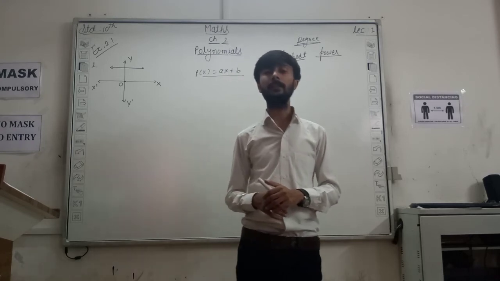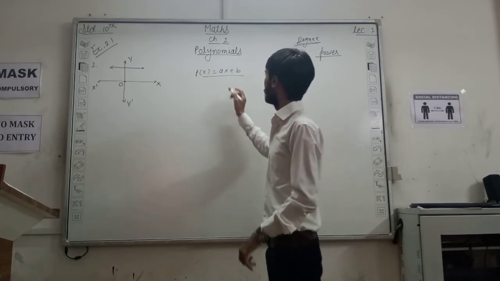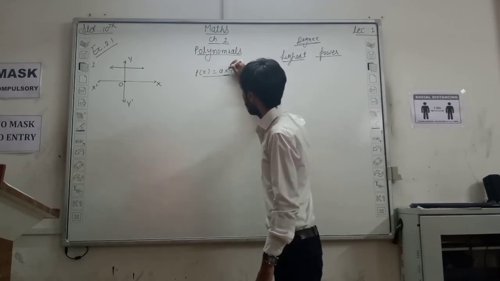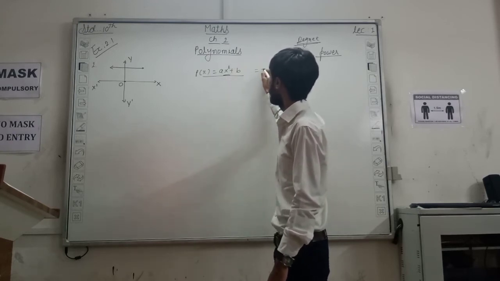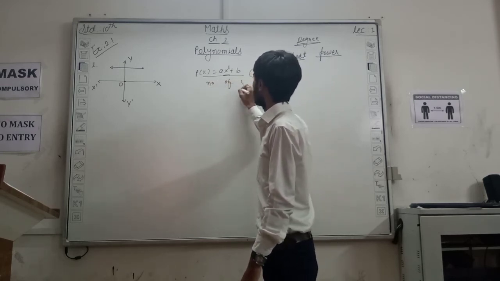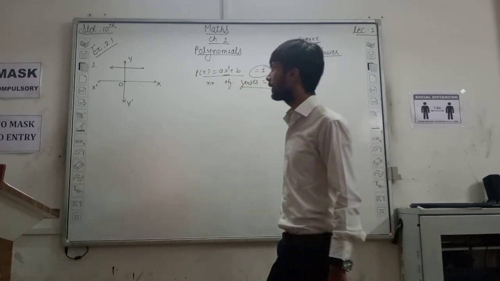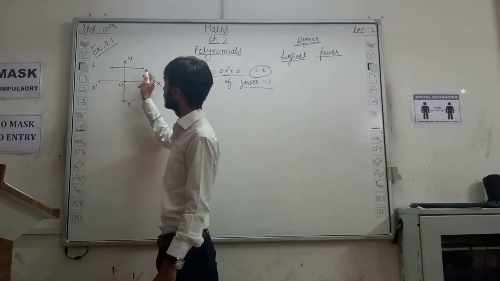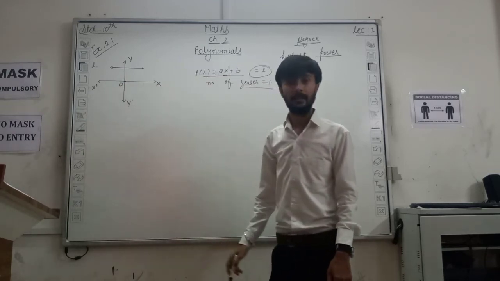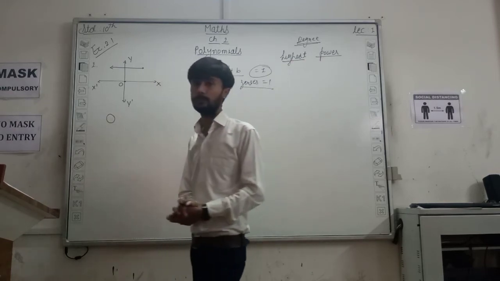ओके, सो जितनी उसकी डिग्री है उतने ही उसके नंबर ऑफ जीरोस होंगे, ठीक है। सो यहाँ पे our variable is x and it contains only one power, that means the degree of this polynomial is 1, and that's why the number of zeros equals to 1, right? But here you can see your graph doesn't intersect any single point on x-axis, and that's why यहाँ पे number of zeros is 0.